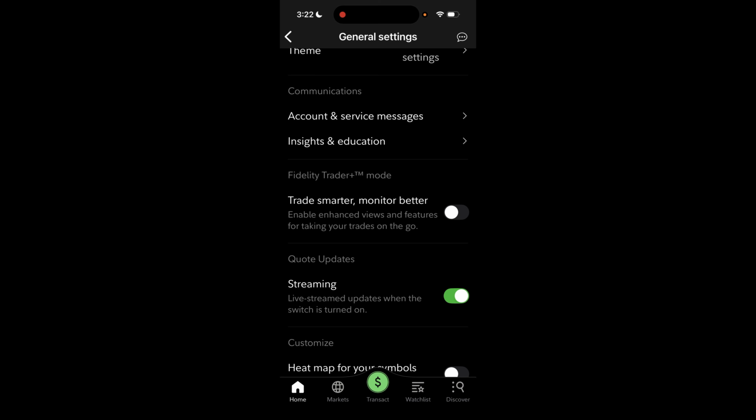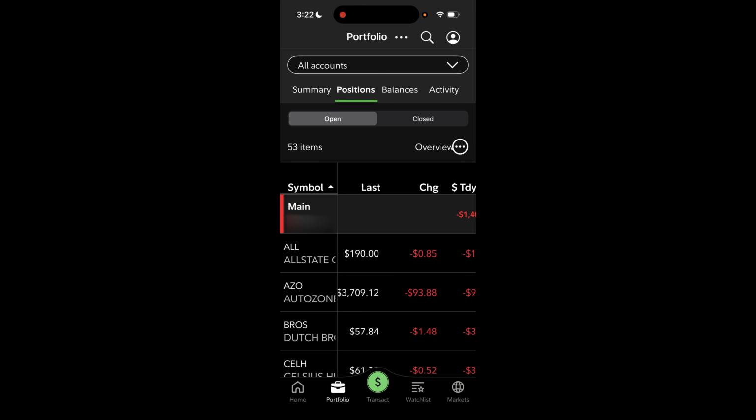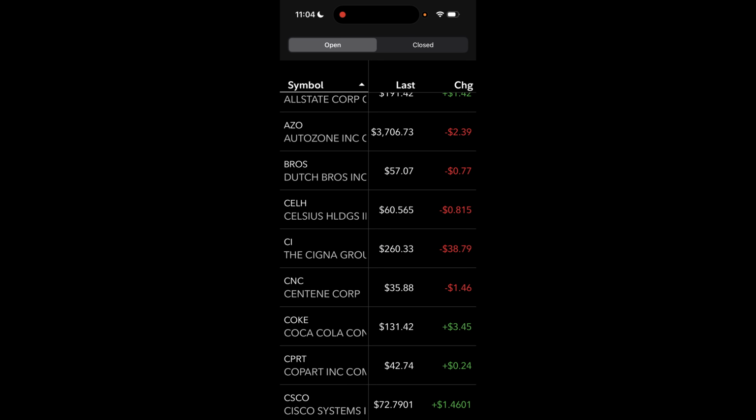Okay, now let's go to Fidelity Trading Plus mode. You'll notice now that we have a third menu option that's only available for Fidelity Trading Plus, and it adds a portfolio link, which is nice. So far you've seen that the Trading Plus mobile app seems to be an improvement over Fidelity Mobile, but it